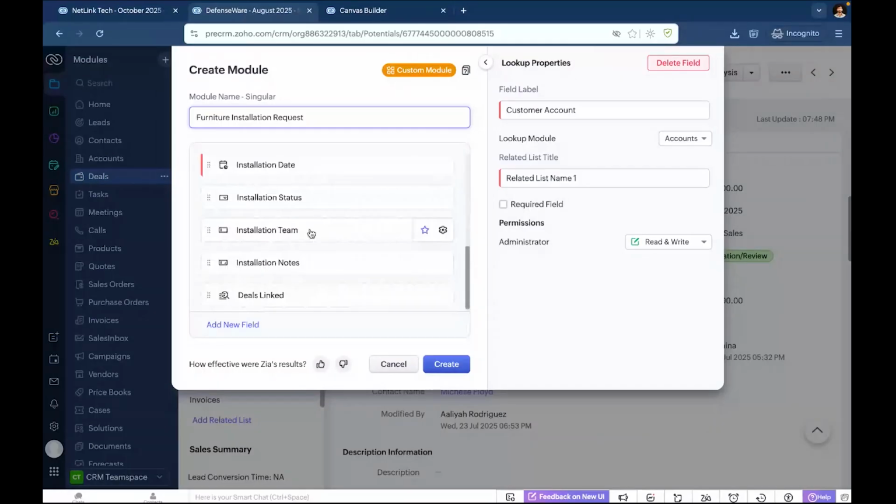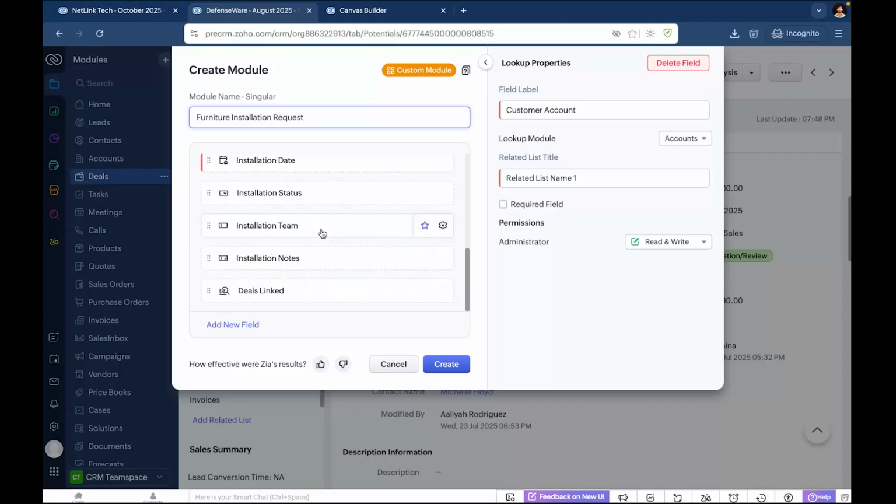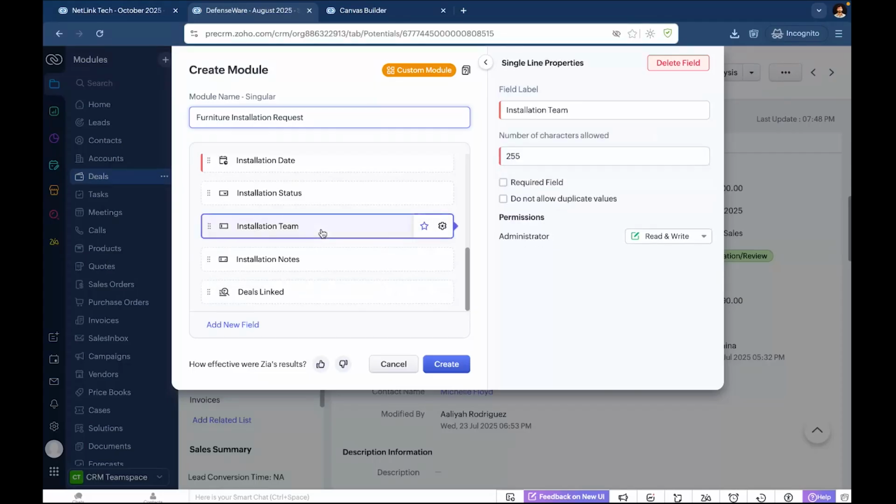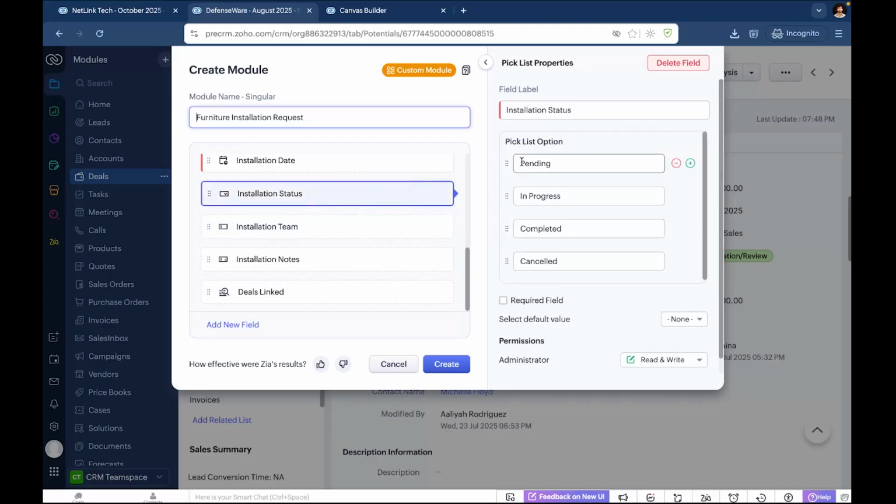And it also has identified various other parameters that are usually associated with installation requests, such as the team which is going to be involved and the installation status. It has even automatically populated some values for this installation status pick list field, and things like that. So if I just give create,